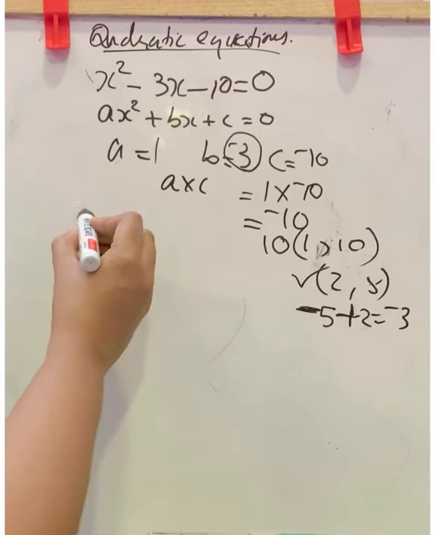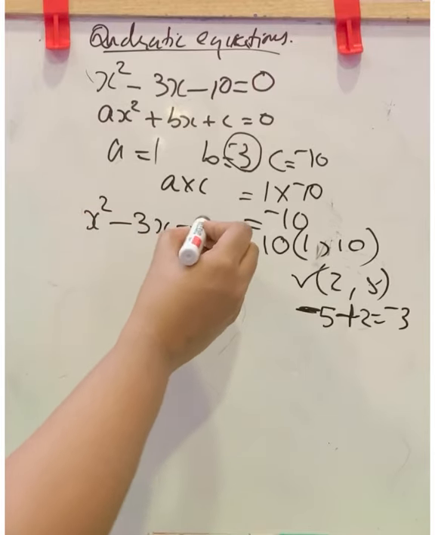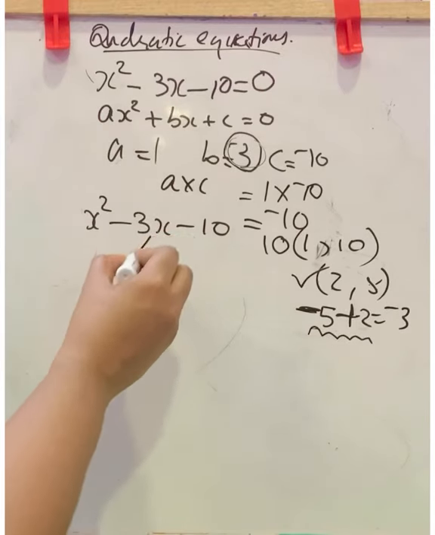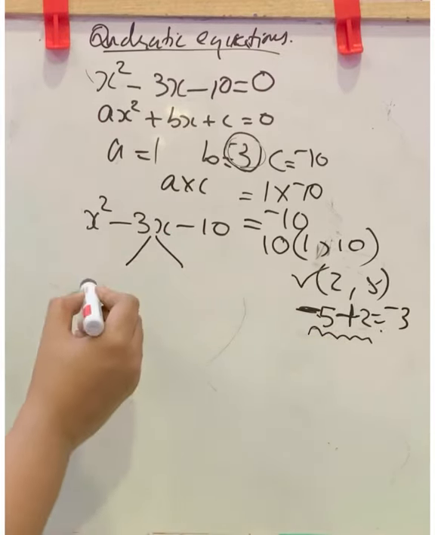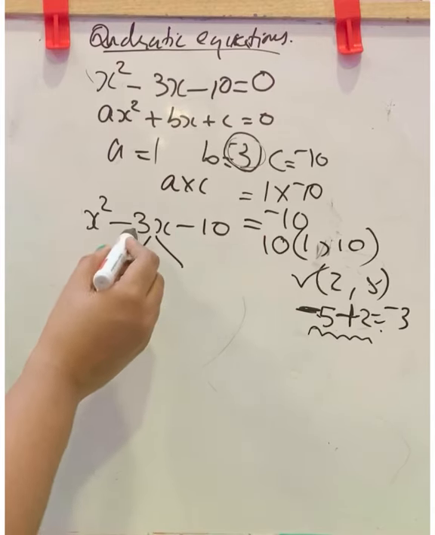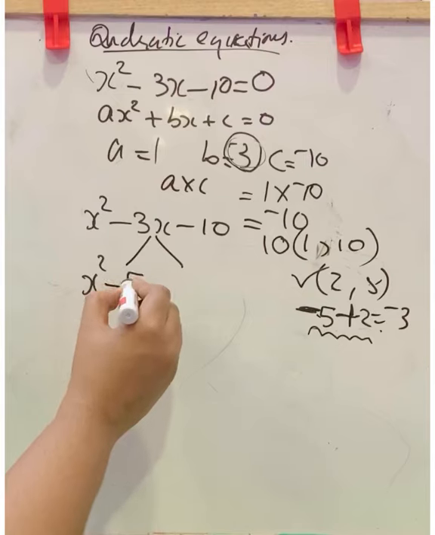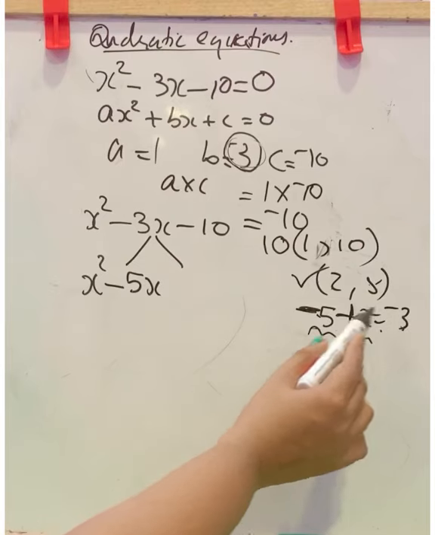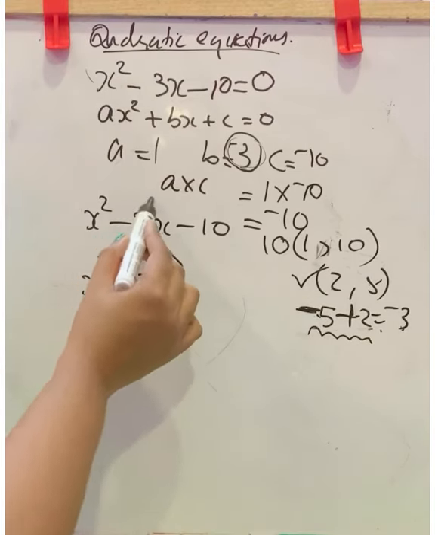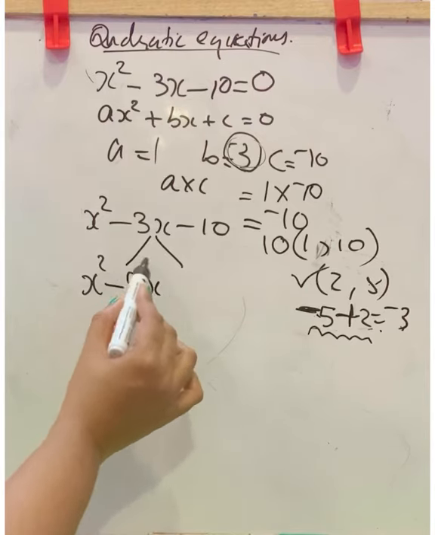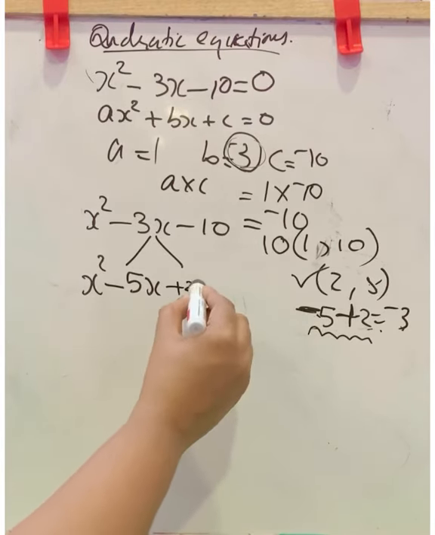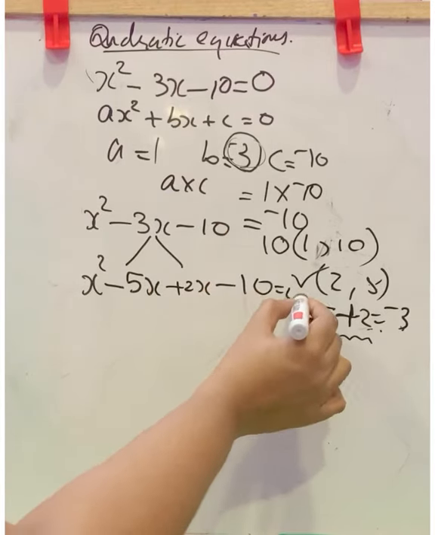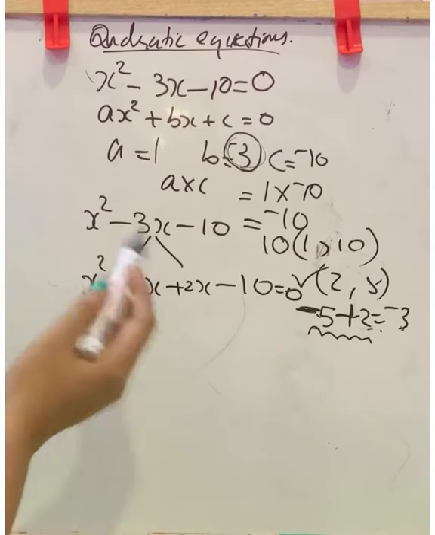So we will split this. The question is x square minus 3x minus 10. Now we got minus 3 is minus 5 plus 2. So we are going to split this minus 3 like this. We will write x square, carry down, minus 3x splitting as minus 5x. Don't forget to write the x along with 5. Here minus 3 is split into minus 5 and 2. Here we are splitting minus 3x, so the splitting comes minus 5x plus 2x. We split it. Now carry this minus 10 here, equal to 0. Don't forget it. It is an equation.